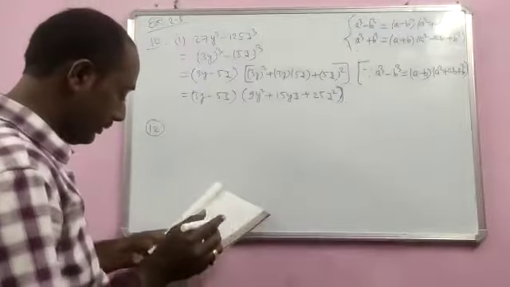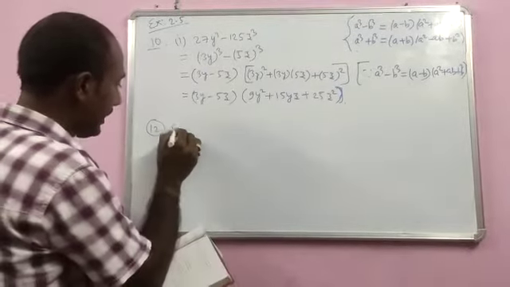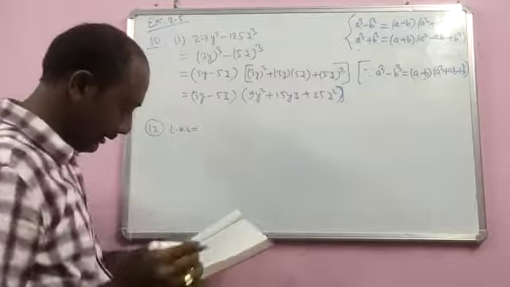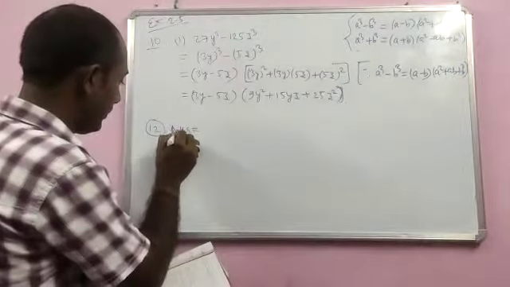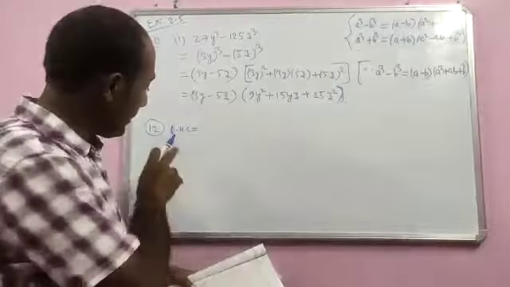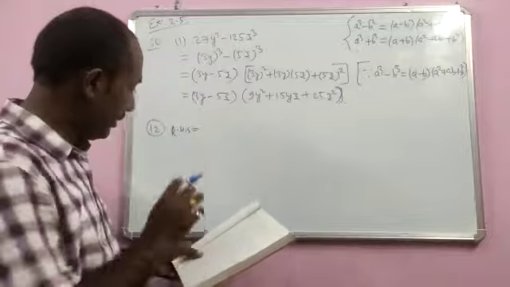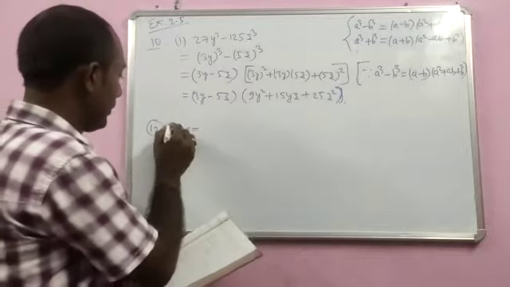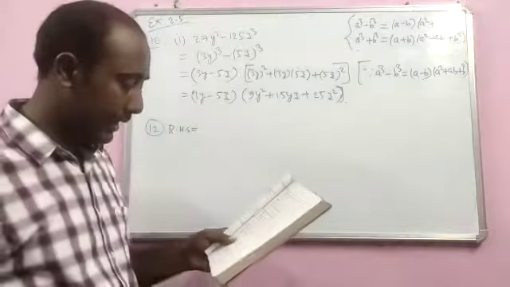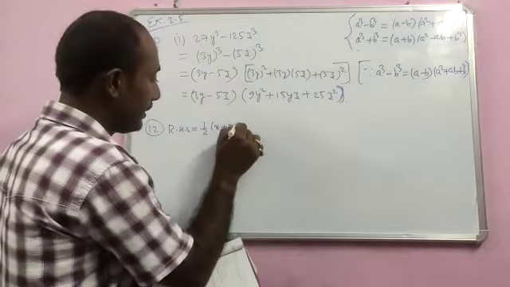In question number 12, I am writing the RHS part. You can start with LHS or you can start with the RHS part. Here I am starting with the right hand side, which is half x plus y plus z